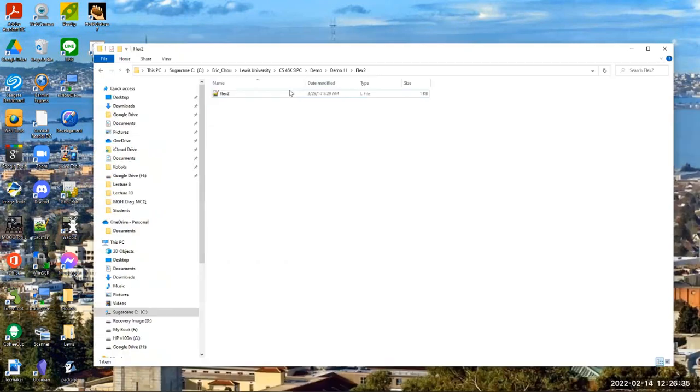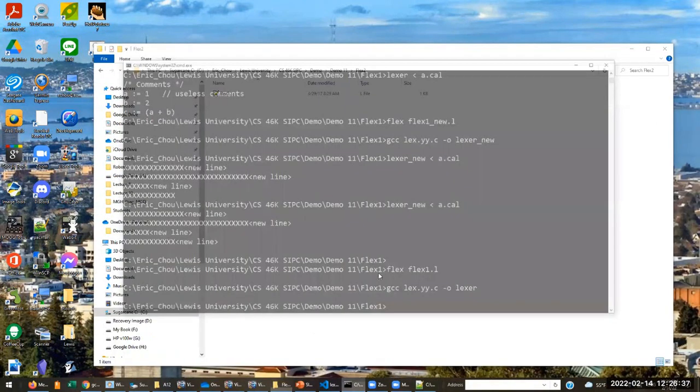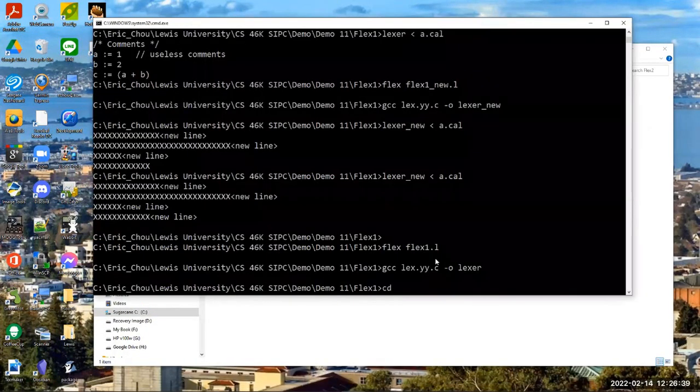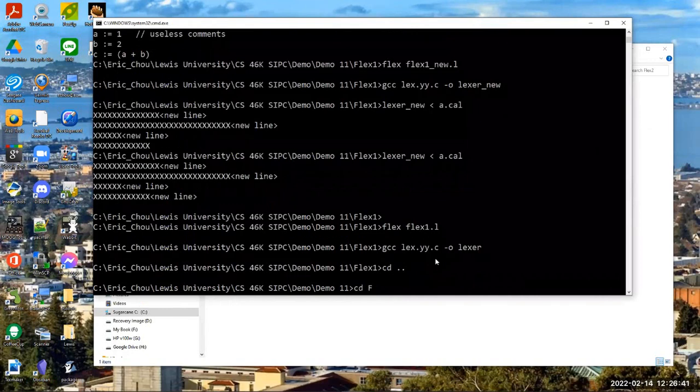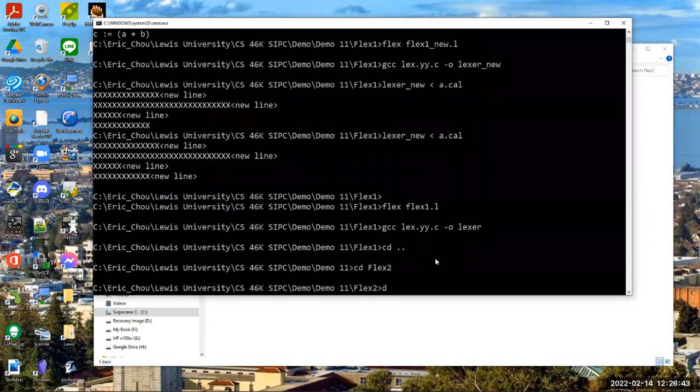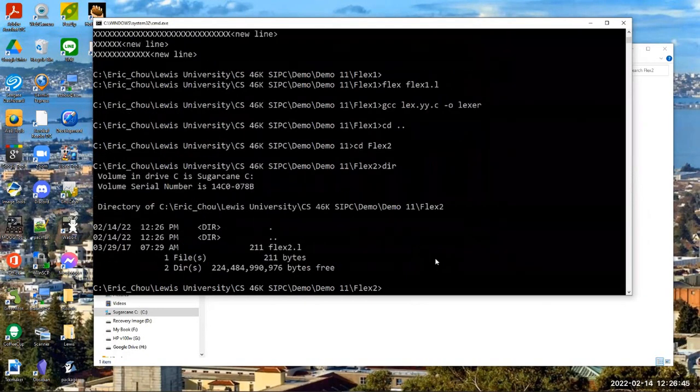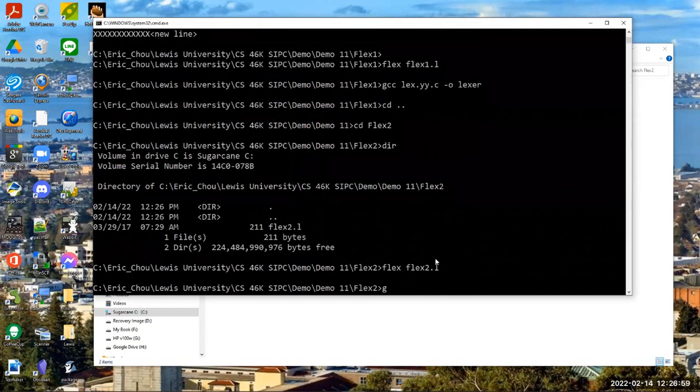Okay, and let me go to there. So let me do cd going out, cd flex 2, okay, and dir. So we are here, and then actually right here we will do flex, okay, flex 2.l, and then this time we again compile it,